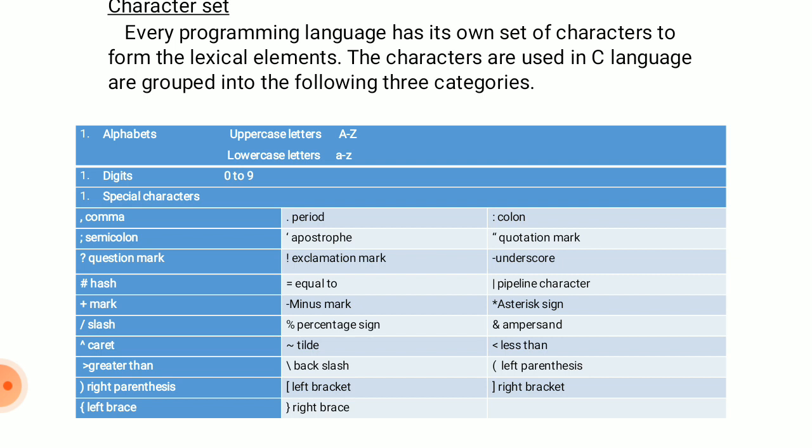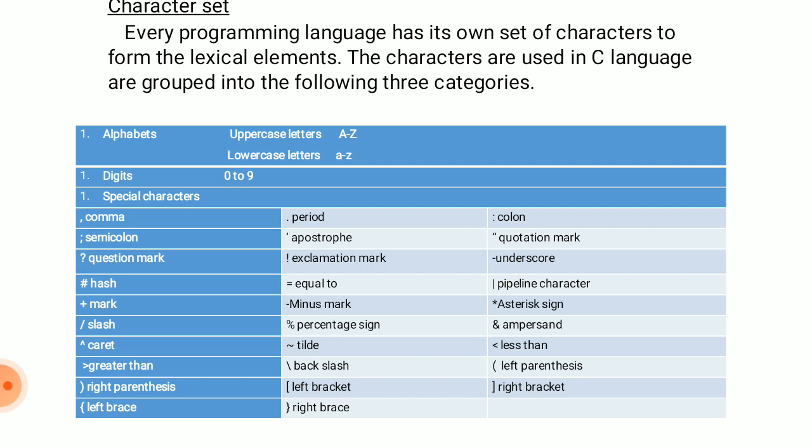For every programming language, be it C, C++, Java, Python, you take any programming language, every language has its own character set. Why do we use a character set? To form the program, to form the elements. C also provides us a rich set of characters that we can use to write a program. Here C programming categorizes the character set into three types.